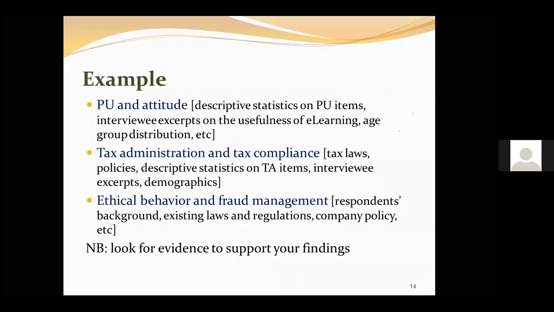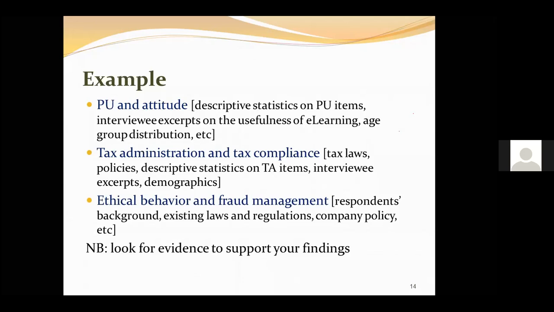What is on the ground? What is URA saying? Look at the descriptive statistics on tax administration items. Look at what the interviewees said. Look at the demographics. There is a story in there to support your findings, okay? Look at the next one, ethical behavior and fraud management. To support this, in order to come up with